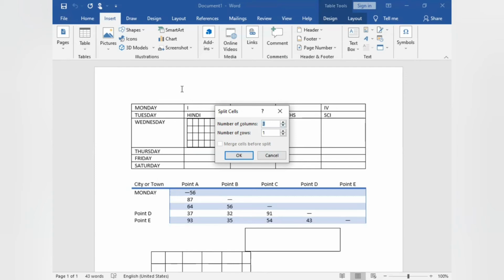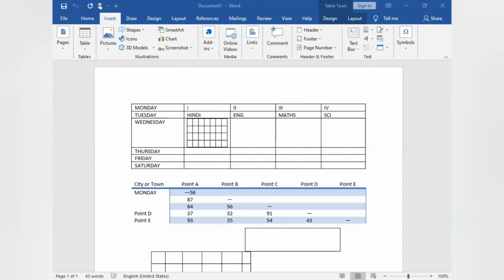You can put your numbers like this and click on OK. See, one cell is divided into 3 columns and 6 rows. If you want to merge all these cells into one cell, again click on Merge Cells and you can see your cell becomes one.